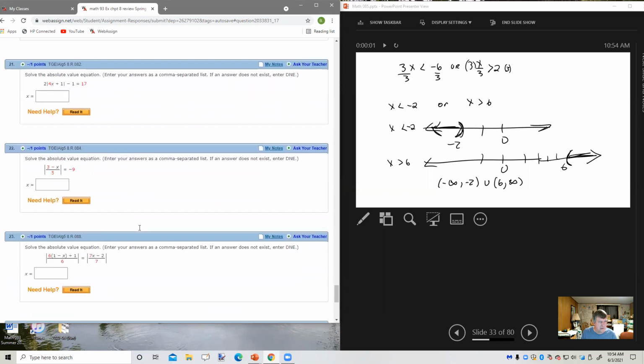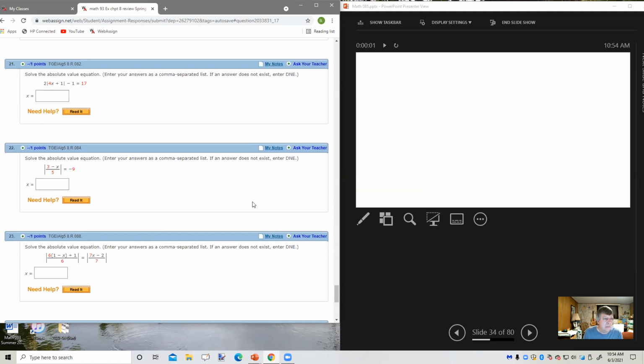Okay, let's see here. Solve the absolute value equation. Enter your answers as a comma-separated list. If one does not exist, enter capital D N E. All right, so 2 times the absolute value of 4x plus 1, minus 1 equals 17. So the first thing we want to do is isolate the